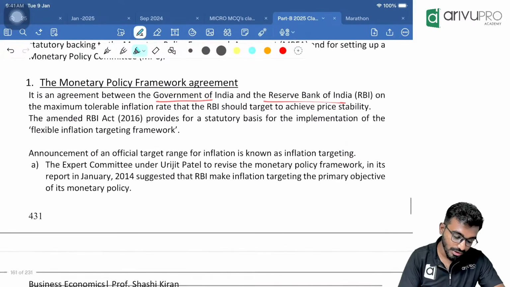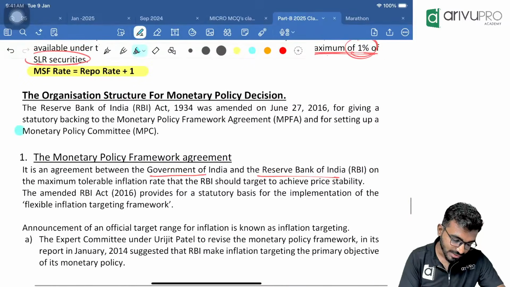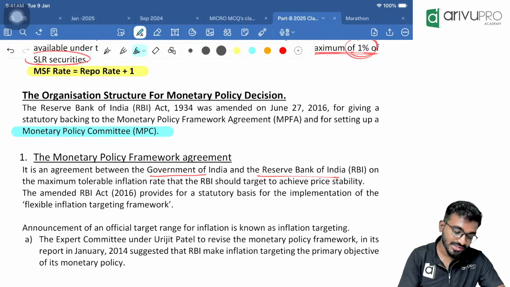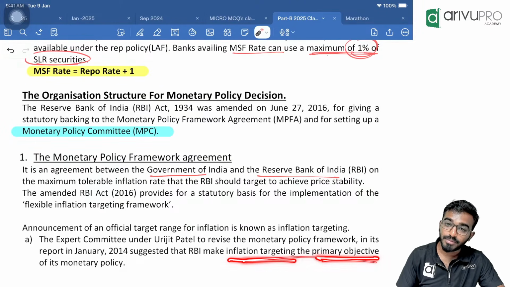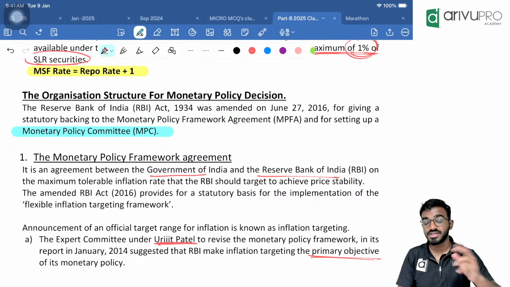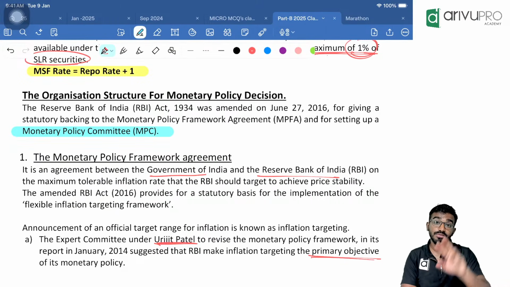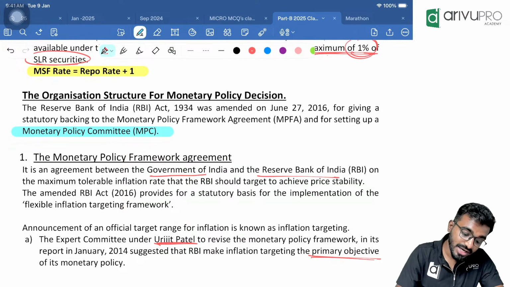There is also a committee called the Monetary Policy Committee, MPC, which has been set up. Under that committee we are working, and this entire inflation targeting has to be considered as the primary objective. This was suggested by the Urjit Patel committee. Which committee? Urjit Patel committee. And the concept of CRR and SLR was introduced by the Narasimhan committee, which is given in the summary. In the same unit number 3, the summary says the LAF facility, liquidity adjustment facilities, repo rate, reverse repo rate, all of this was recommended by the Narasimhan committee.